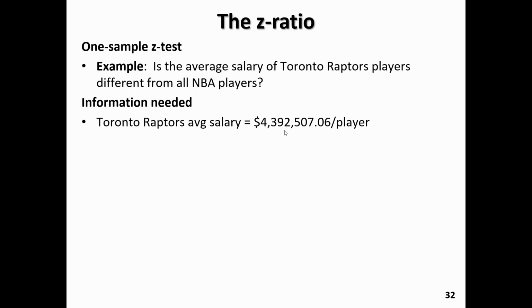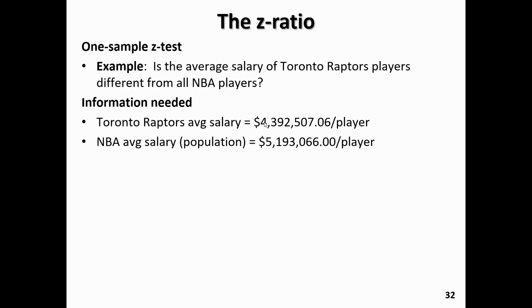In 2015, the average salary of the Toronto Raptors was slightly less than $4.4 million for the year per player. Not all players were paid this, but if we calculate the average, this is what it would come out to. The average salary for the entire population of the NBA that year was slightly more than $5.1 million per